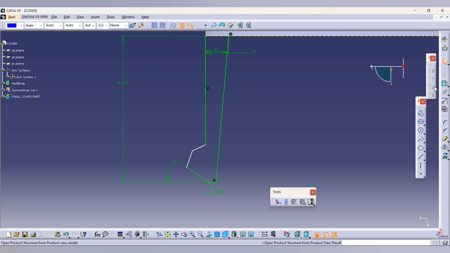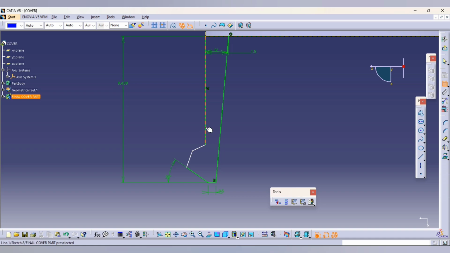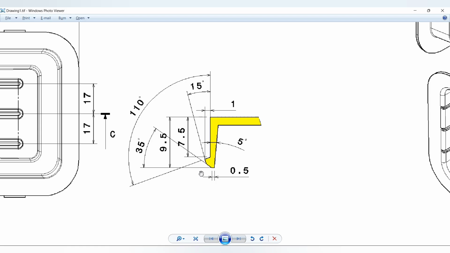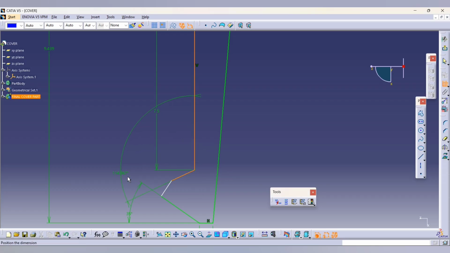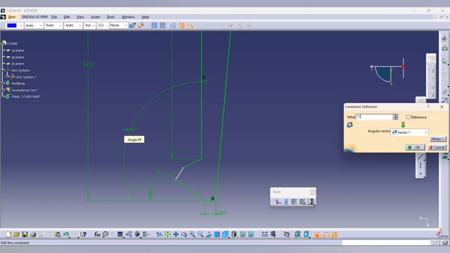Then okay, no, this is 7.5. Okay, so we'll provide it as 7.5. Yes, 7.5. And this is 1 mm, and this angle is 110 degree. This is the 110. Yes,